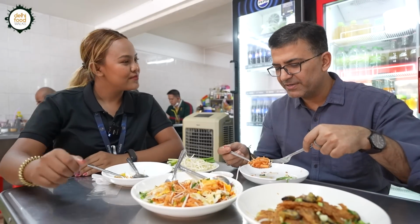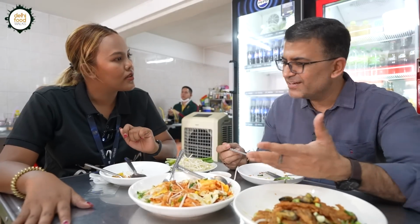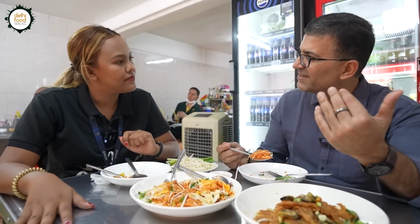Yeah, I heard different stories about this dish. That Chinese people brought it to Thailand. That's one story. The second story is that the government, just to create national unity, just to bring people together, kind of invented this dish way back in the late 1930s and early 40s. And then the third